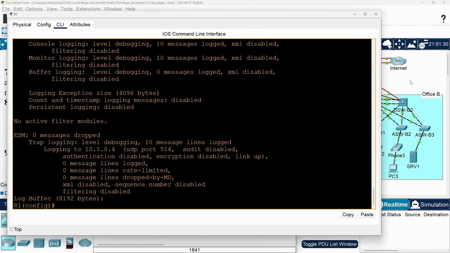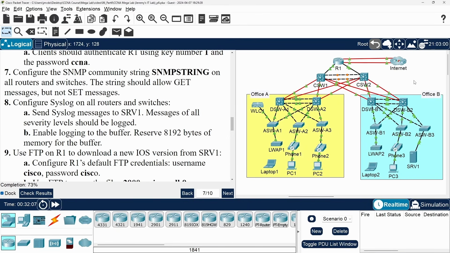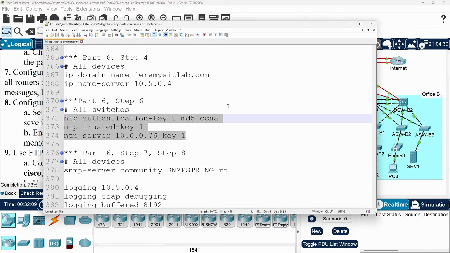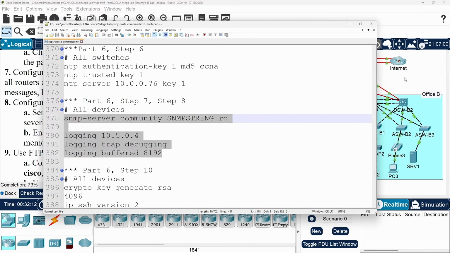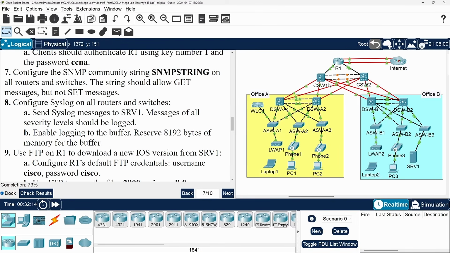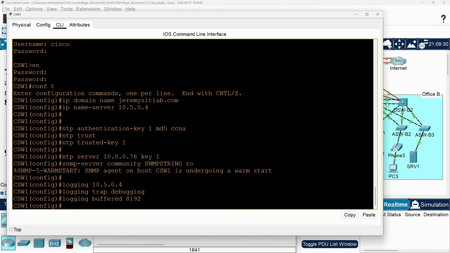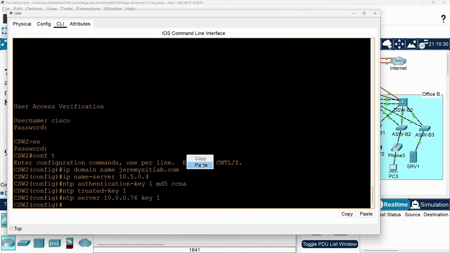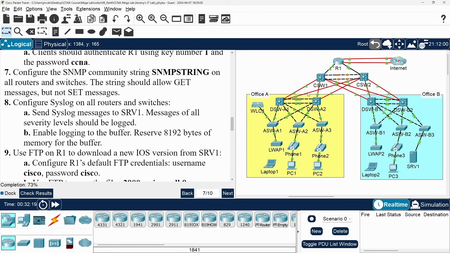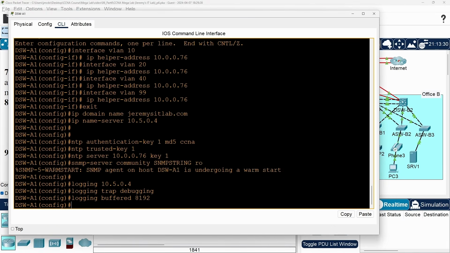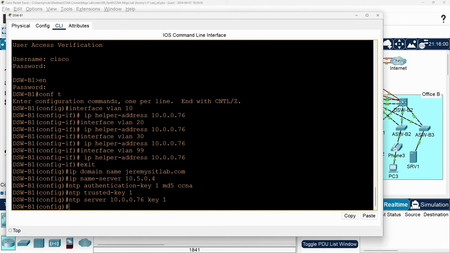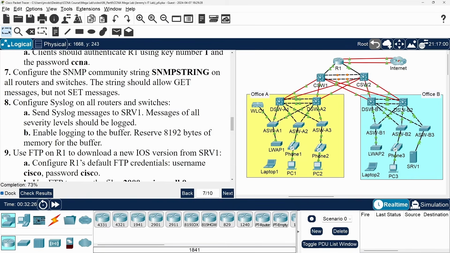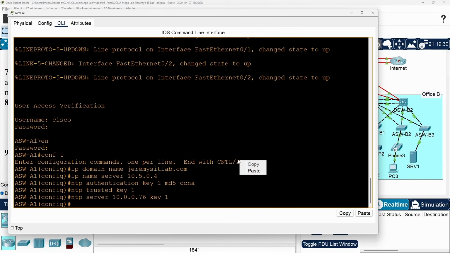The rest of the devices all need the exact same commands as R1. So let me open up the notepad and copy these commands under Part 6, Step 7 and 8. And now let's paste them into the remaining devices. C-switch 1 first. Then C-switch 2, D-switch A1, D-switch A2, D-switch B1, D-switch B2, and the access switches, starting with A-switch A1,